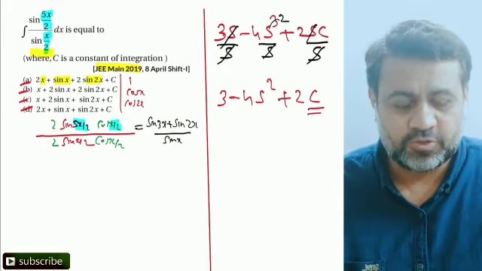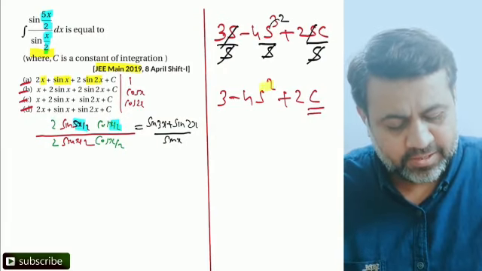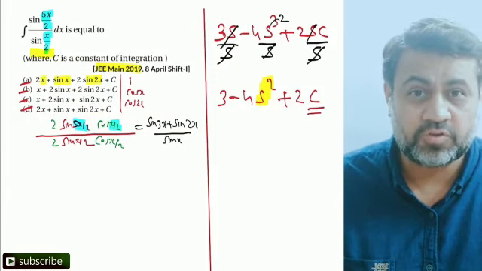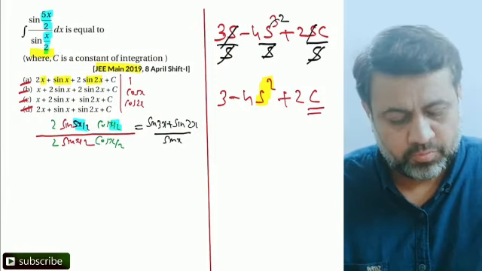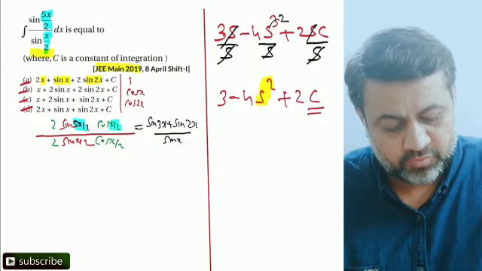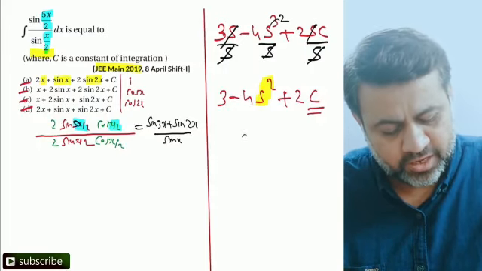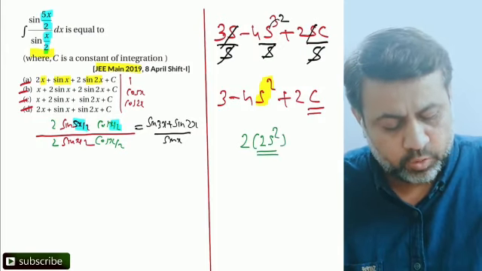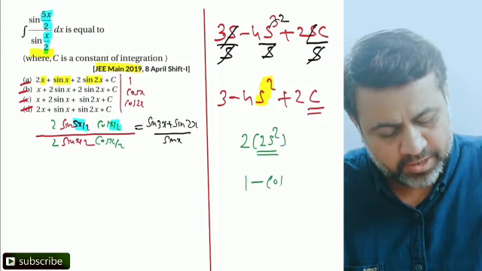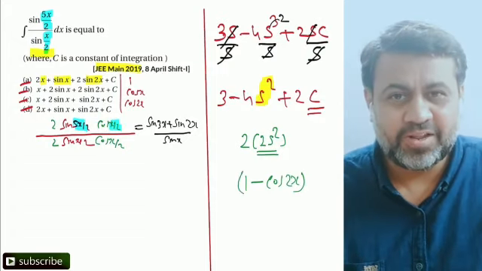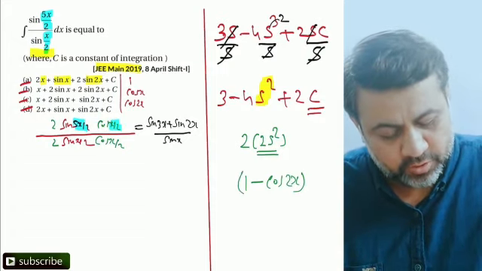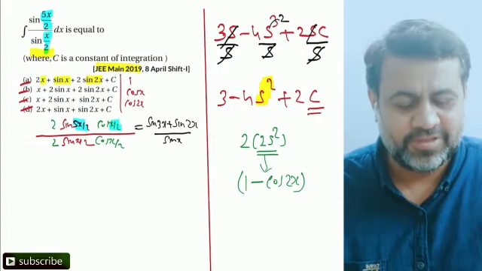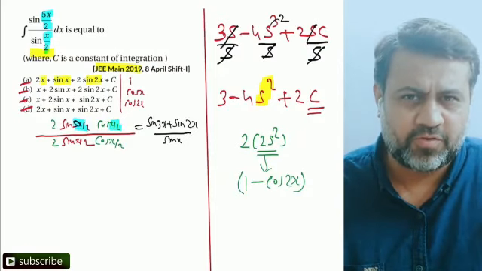Now we need cos 2x also. So at that very moment you realize, is there any formula which can help me convert sin square x into cos of 2x? So what is that formula? Most of you have to think this very quickly: 4 sin square x is better written as 2 times 2 sin square x, and 2 sin square x can be written as 1 minus cos 2x. This trigonometric step, from 2 sin square x to 1 minus cos 2x, has to be learned very nicely. This concept is used very frequently in the exams.